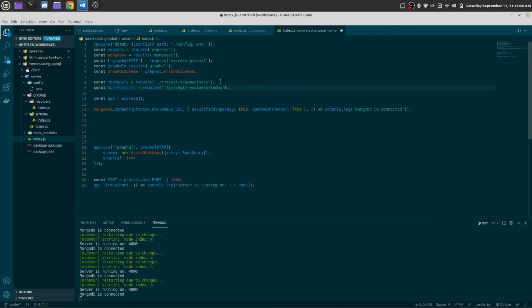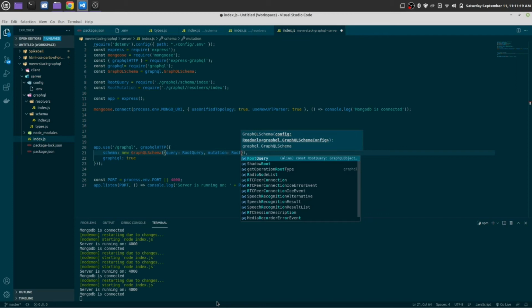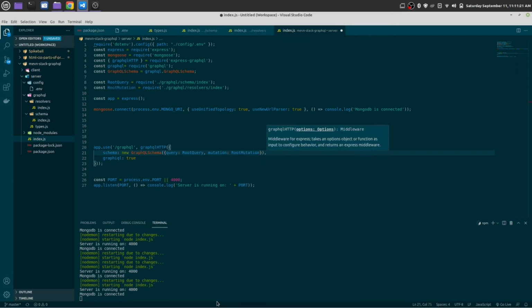Okay, root mutation, here after query just give a comma, mutation root mutation.